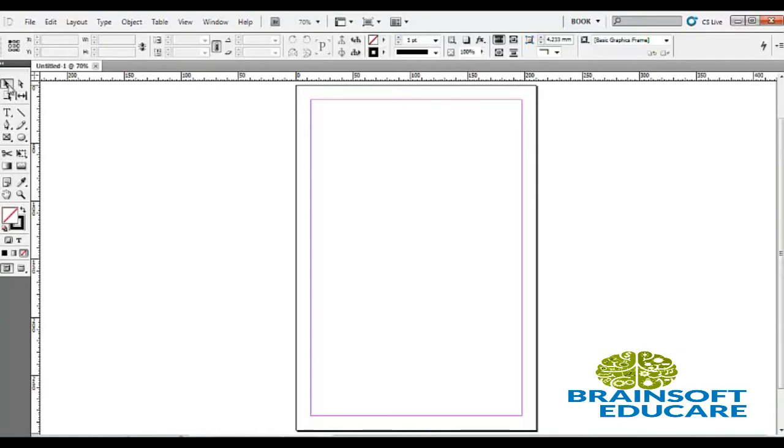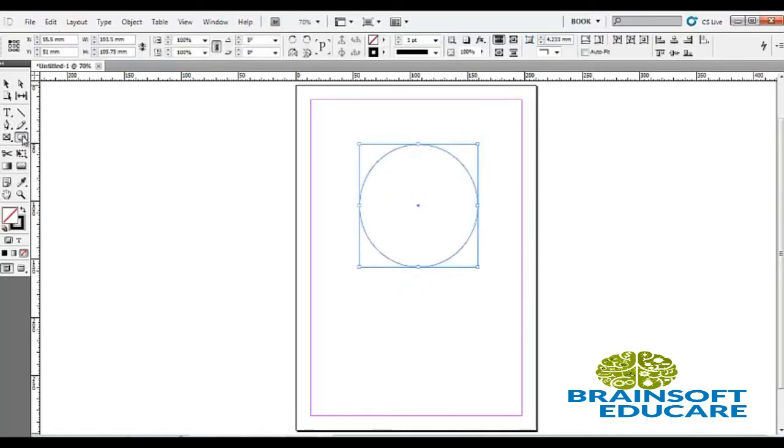First tool, which is the selection tool. It is used for selecting an entire object. For example, we draw a round circle. We can select this circle using the selection tool. We can resize the object.